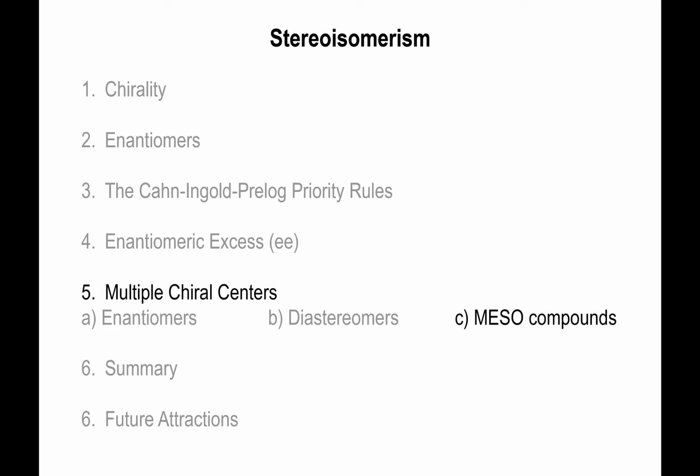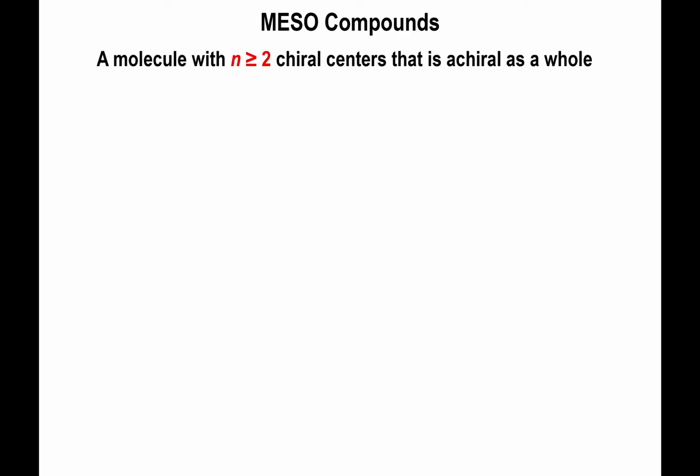Meso compounds. You have a meso compound whenever you're dealing with a molecule that contains multiple chiral centers. So that's definitely a requirement. There must be multiple chiral centers present in the molecule. But in addition to that, we're going to find out that there is a symmetry element present in the molecule,